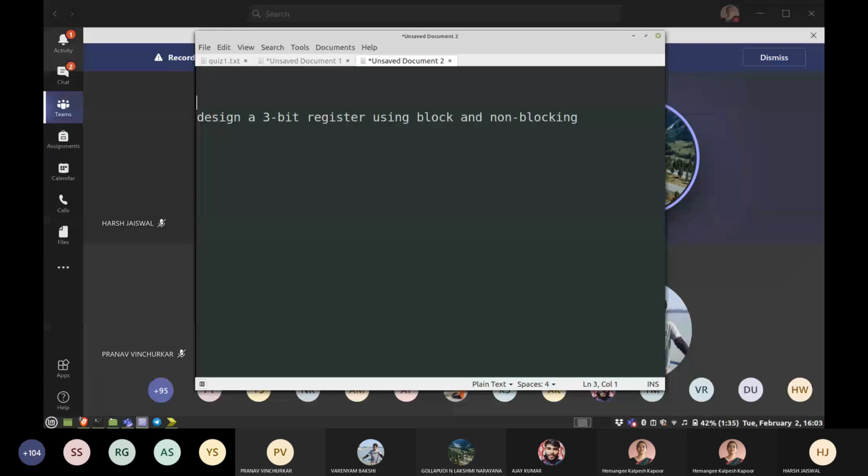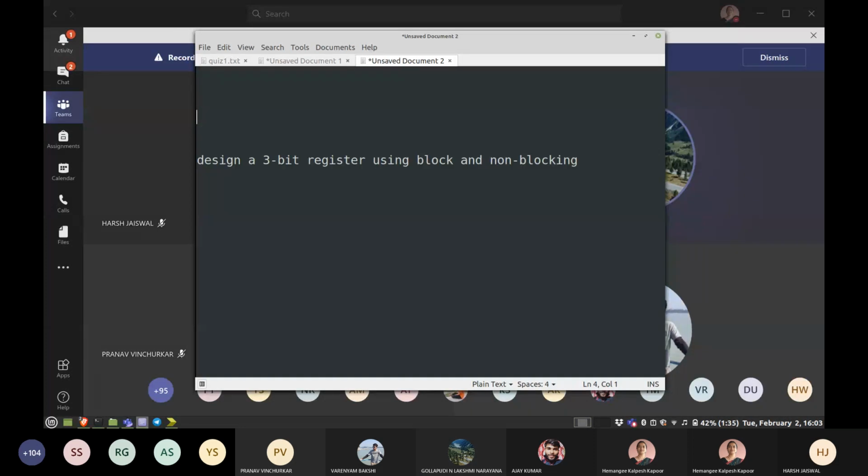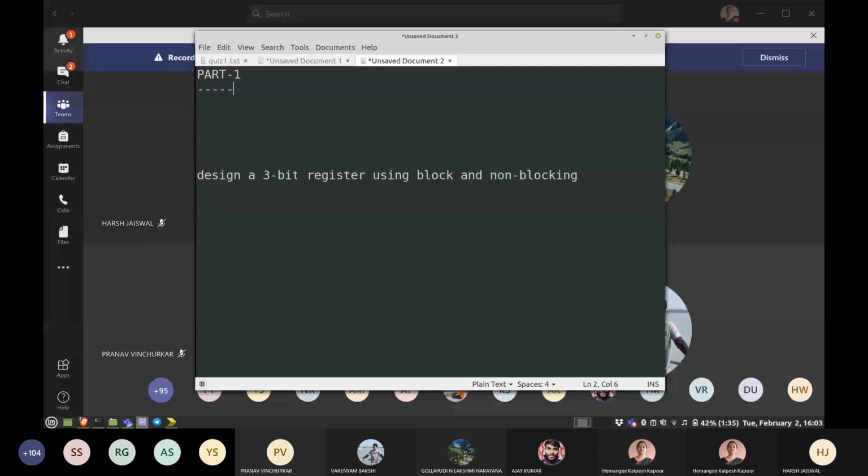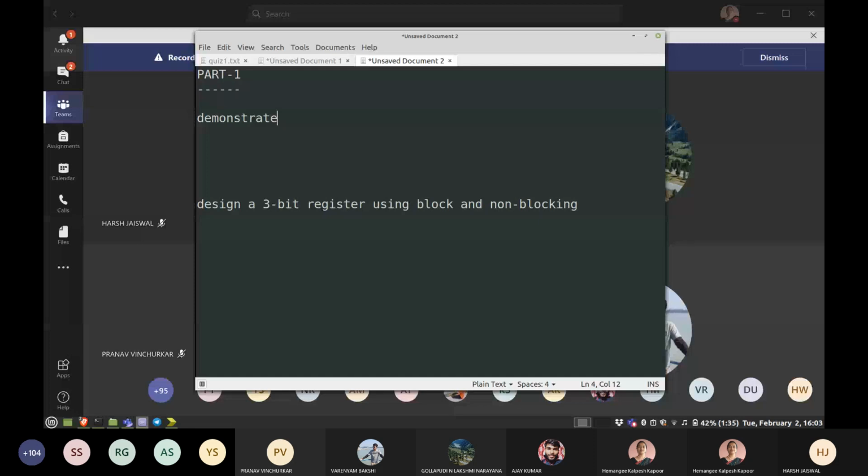So part one is to demonstrate the blocking and non-blocking assignment. What I've already discussed during the class, I gave you a demo. You just have to repeat that same experiment with 3 variables. Okay, you attended today's class where I showed you to assign A, B, and C using blocking and non-blocking. With a delay there was A non-blocking with a #10 and A blocking equal to #10 something. So the same experiment what I explained in the class, you just repeat it, copy paste if you have already done that in parallel. So you just repeat that whole thing and that's all is your first part. Okay, so demonstrate the blocking and non-blocking assignment.